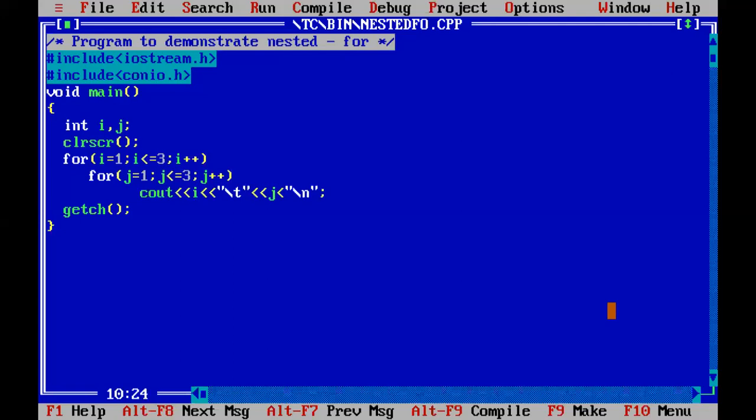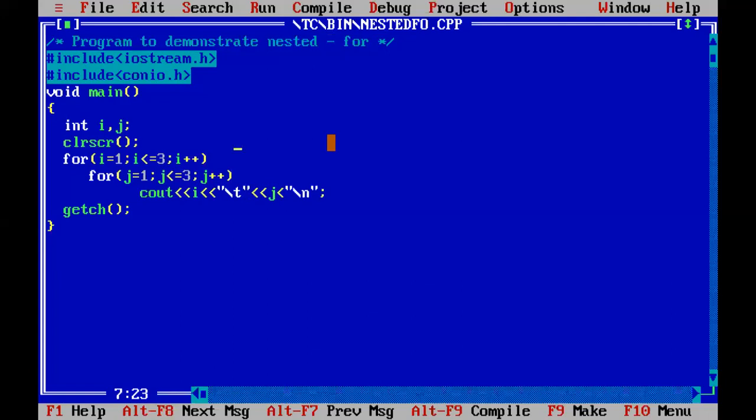So a little bit of mistake is there in the program. So let us discuss in the next class. Okay, so I will rectify this code. We'll discuss in the next class.